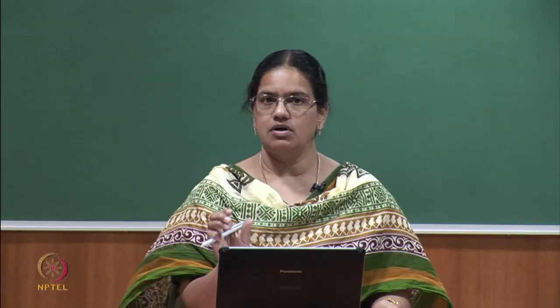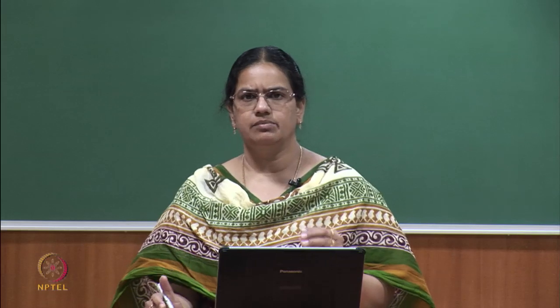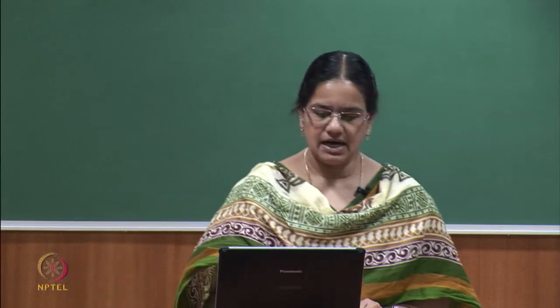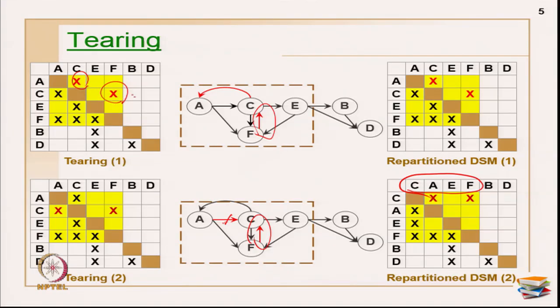Now, within the block, you will not know the sequence of the block in the partitioning step. So, you have to do tearing. Tearing is nothing but identifying a sequence within the blocks, okay, by choosing the set of feedback marks. So, I have chosen a few places for tearing, primarily for making assumptions. I have made an assumption here, I have made an assumption here, and then this is my flow. Once this is fully done, then I have to repeat the steps again and again in order to compensate for the assumptions made.